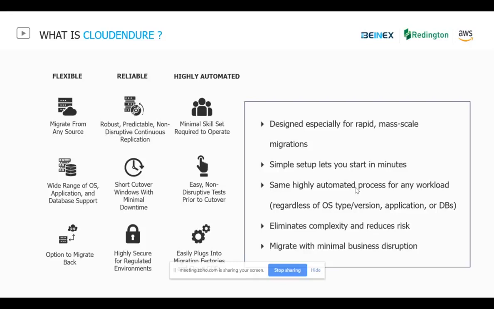If we talk about automation, a very minimal skill set is required. If you have no experience on a disaster recovery platform, or on Cloud Endure or AWS, that's okay. There is detailed documentation available on the Cloud Endure site, which guides you step by step on how to set up a disaster recovery site. So don't worry if you don't have enough experience on the AWS platform. Just follow the documentation and you should be fine.